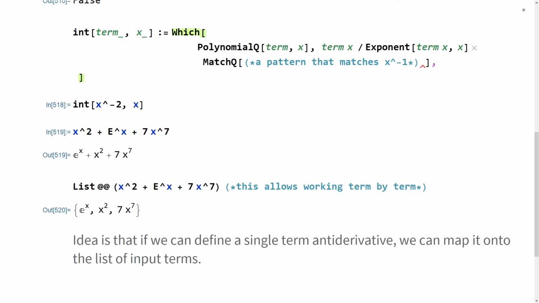Okay. All right. So I think this is a good place to start. I'm going to comment this line out so that it doesn't bog the software down. Let me get rid of this. This is the core idea in building up a function that can distinguish between polynomials, considered term by term,